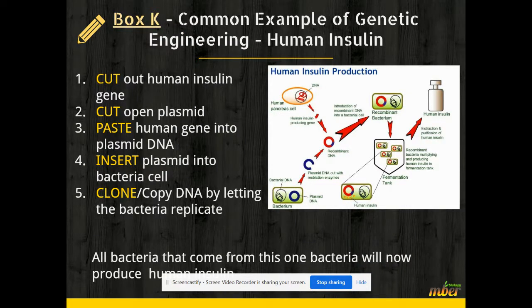So box K. A common example of genetic engineering is human insulin. For example, we find the human insulin gene in a cell. We take that gene, cut it out. We cut open a plasmid, paste human DNA into that plasmid DNA. Then we insert the plasmid into a bacteria cell,